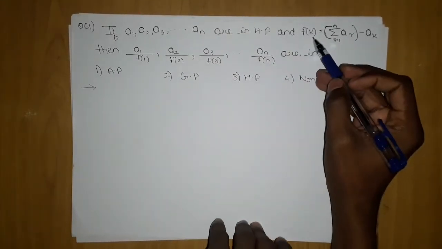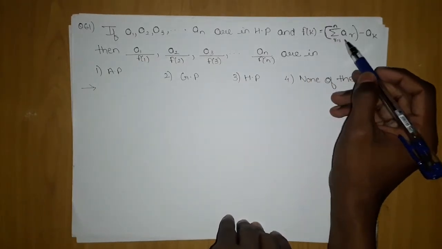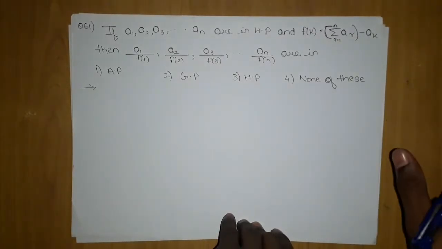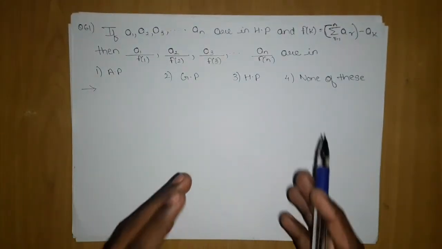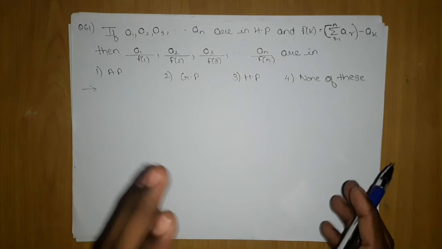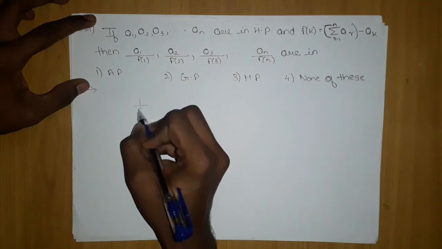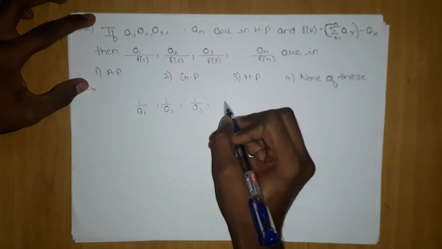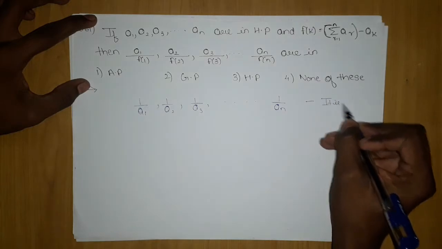The function given here, many children will see it as f(x) equals summation, but few will see it as a1 plus a2 plus a3 and so on, minus ak. The first thing given is that it is in HP. So our first job is to convert HP into AP, and then we will move on and think in what manner to approach this problem. The first step is very normal: we convert all the terms into AP, so I will write here also that it is in AP.